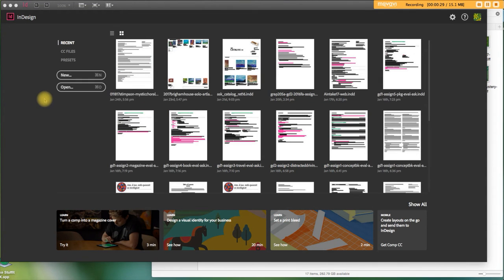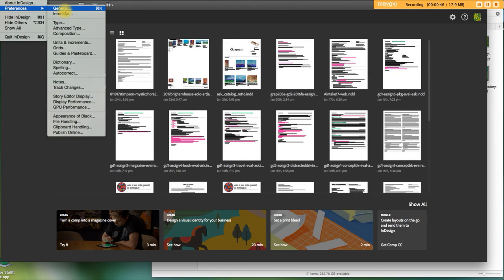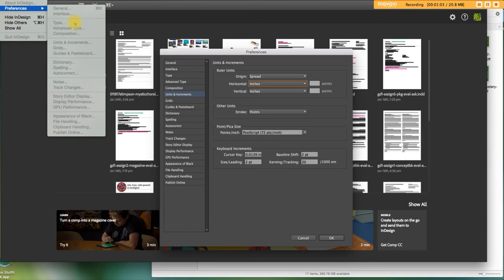All right, so obviously you have to launch InDesign first, which I've already done, and you'll have this landing page. Before you do anything like creating a new file, it's really best to check your preferences, because for this particular file, we want to make sure we're using inches and not any other kinds of measurements. So what I did was scoot on over to the InDesign menu, down to Preferences, and you'll get